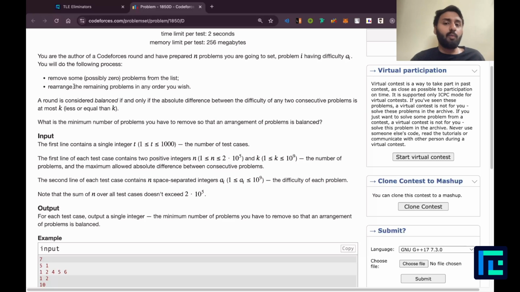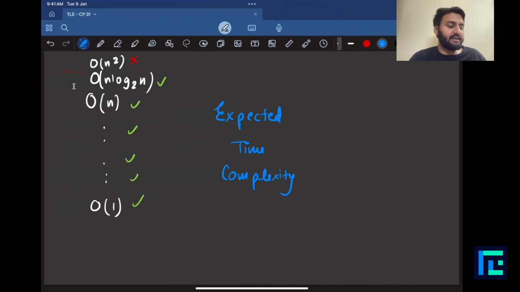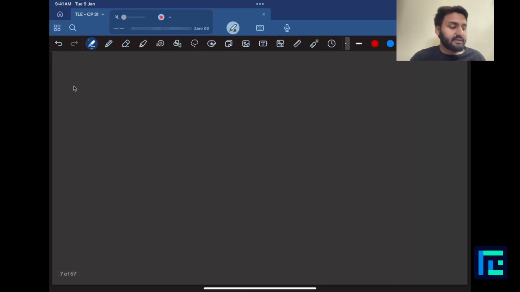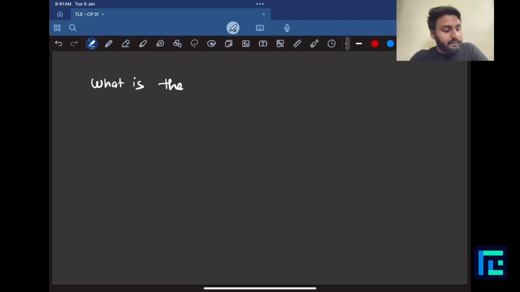What is that one such order of an array where I know that consecutive elements' difference will be as low as possible? I'll write this question down and you can look at this question briefly and try to answer this yourself. What is that one order of the array